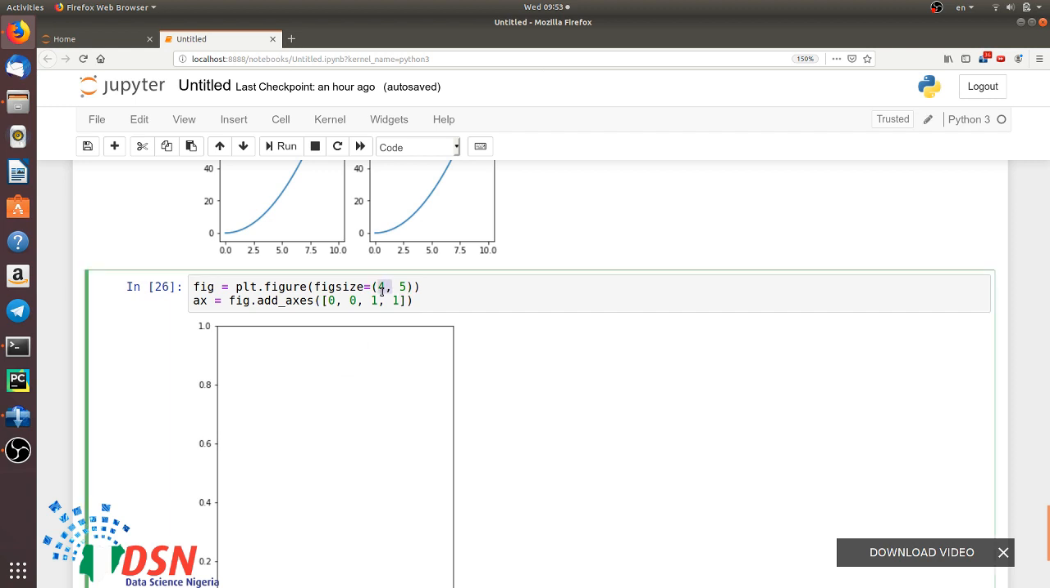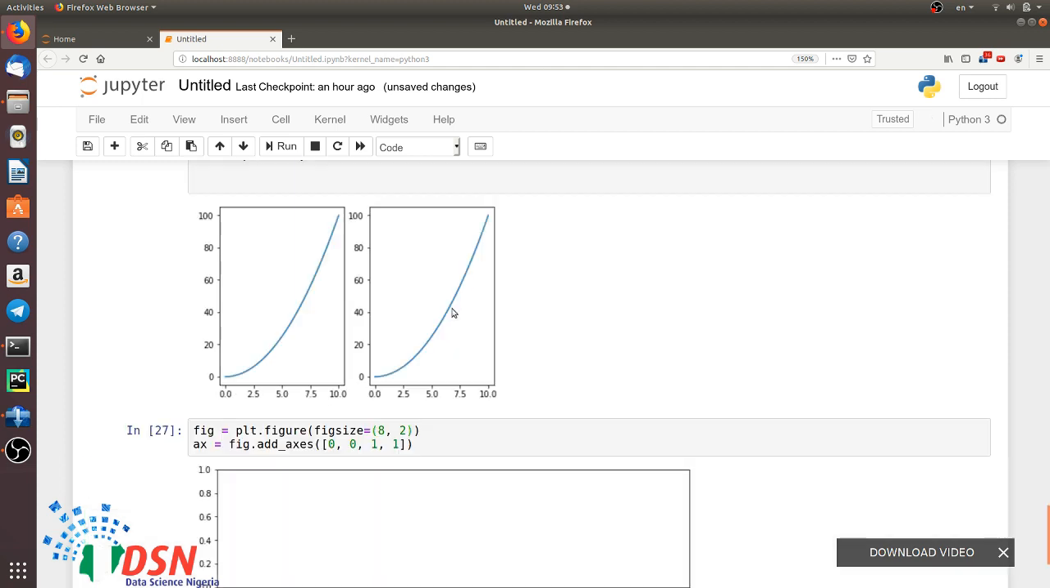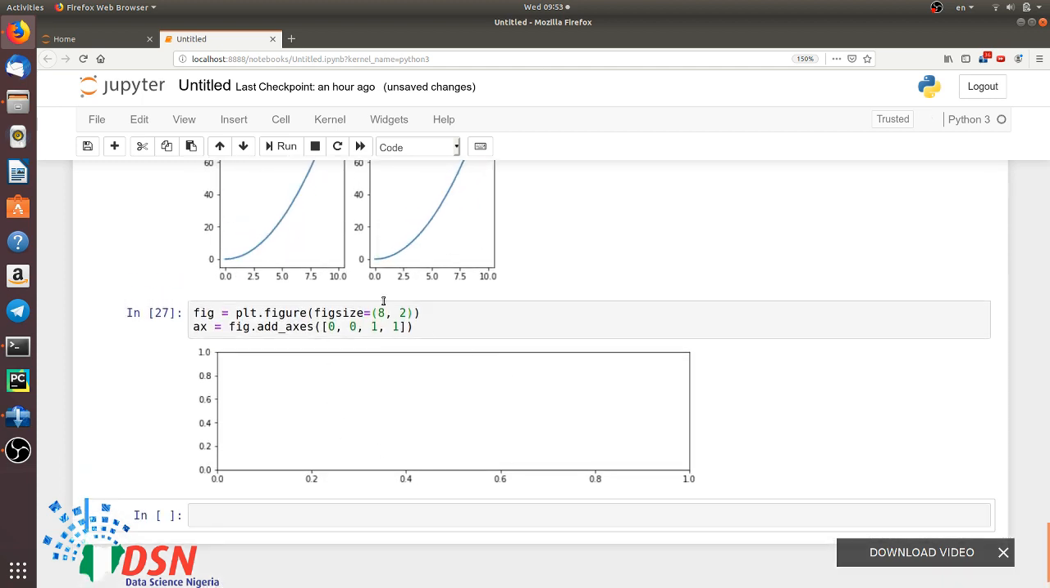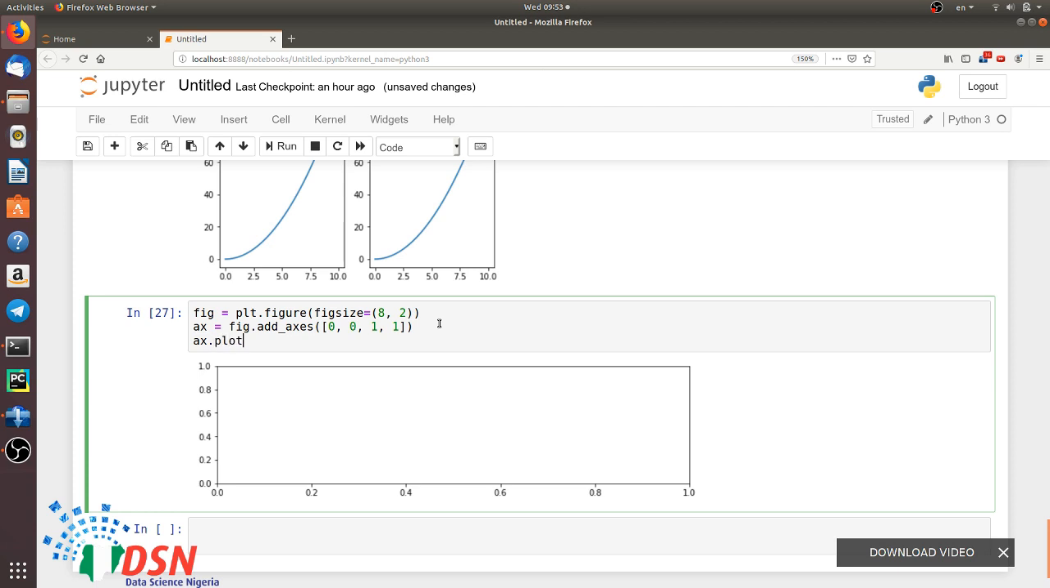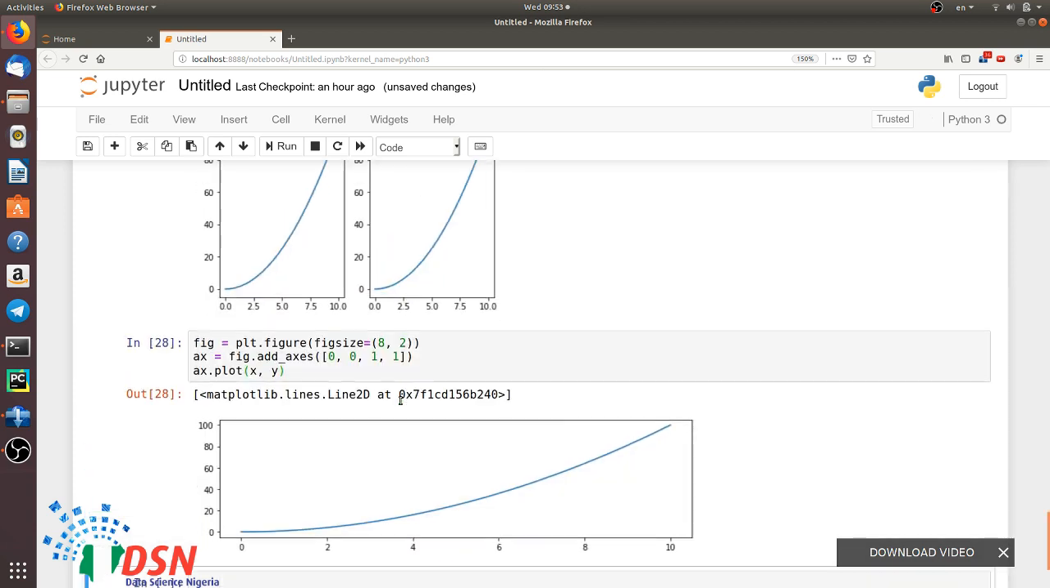If you want a bigger figure or different figure size, you could change the figure size in the argument of figure and plot your data in here. Okay,